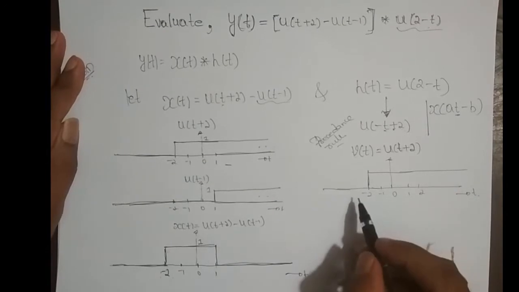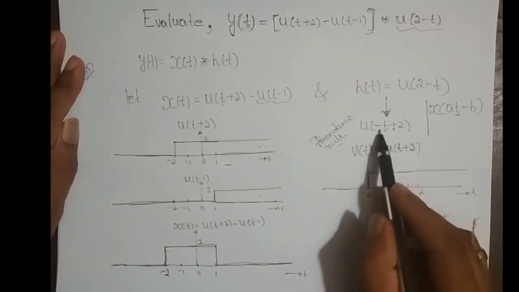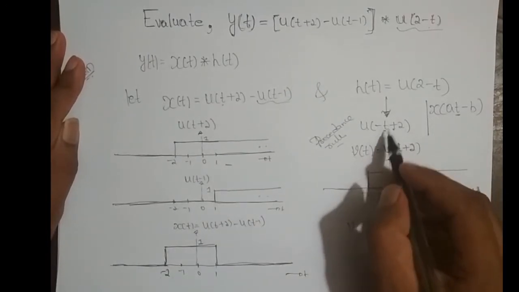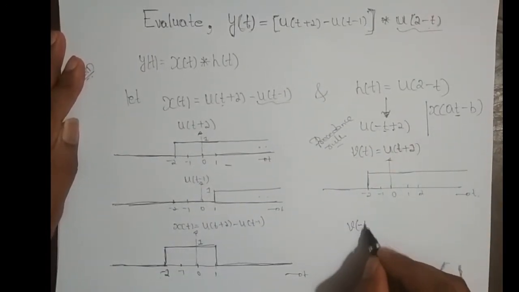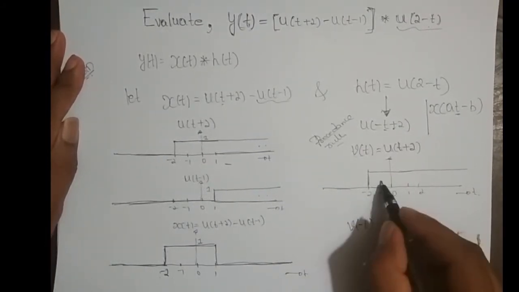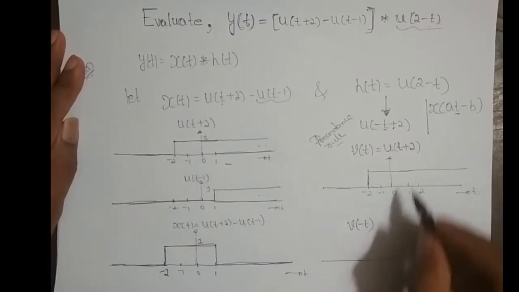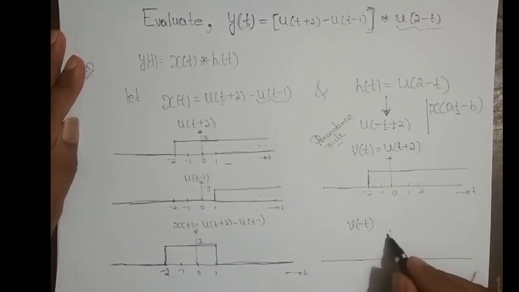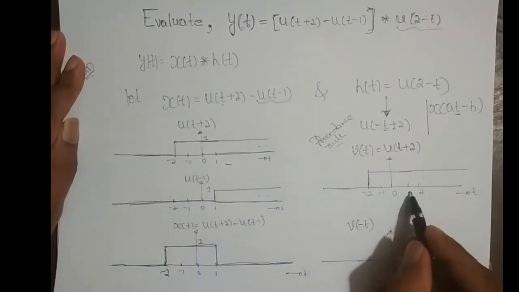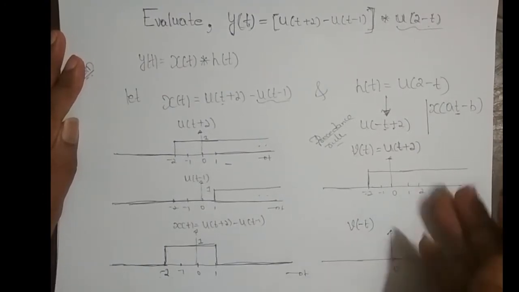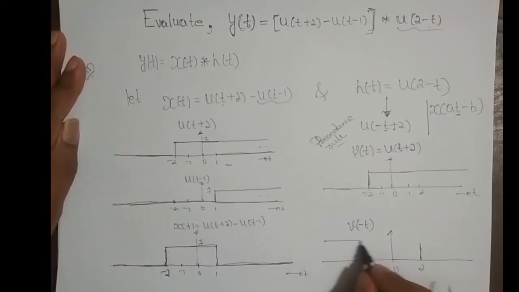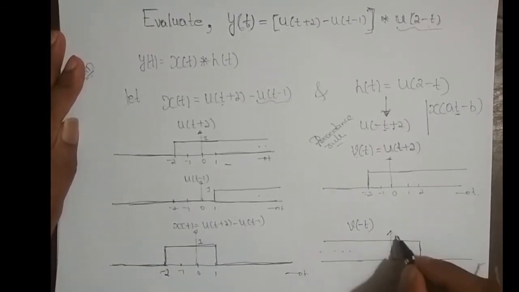right? Now what I have to do is time scale the intermediate signal. So now I have to scale the signal. Scaling is actually v of minus t, right? If I know v of t, if v of t signal is this, what is v of minus t? This signal's mirror image, right? I have to take this signal's mirror image. So this is at t equal to 0. When I take its mirror image, minus 2's amplitude goes to 2 and the other amplitude comes to the left side, right? This is 2. Okay, so this is how the signal looks like.